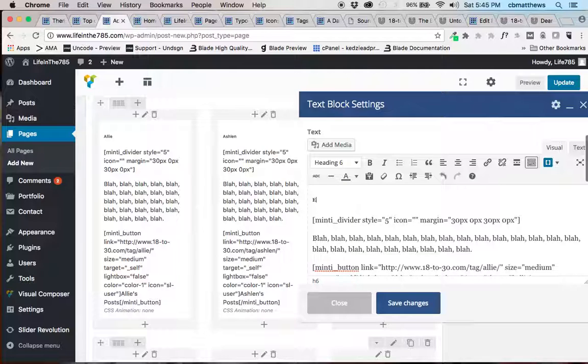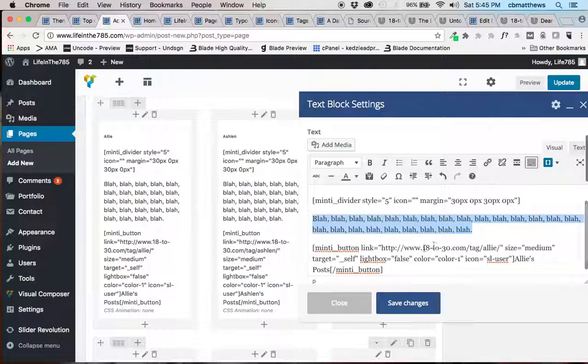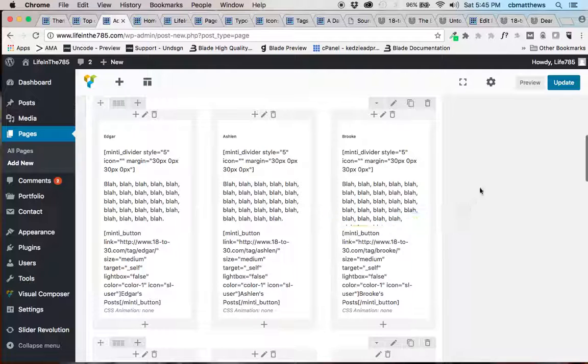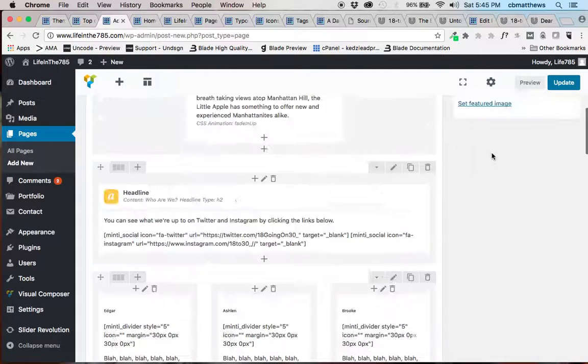So if I'm very careful and I just type on top of this, I can fix that. If you want to fix the blah blah blahs, just highlight it, delete it, and start typing. But I'm going to leave the rest of this stuff the same, and then I'm going to change this tag to be Edgar, and I'm going to change this to be this person's name. And then when I hit Save Changes, I'm going to go ahead at this point, now that I've got the